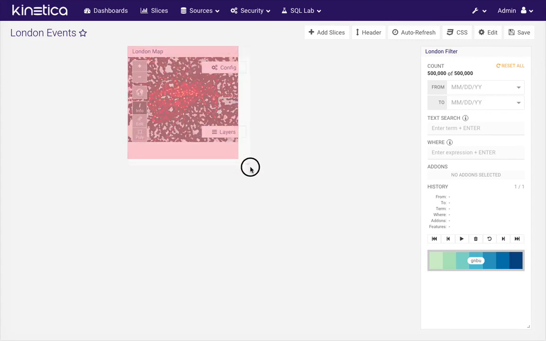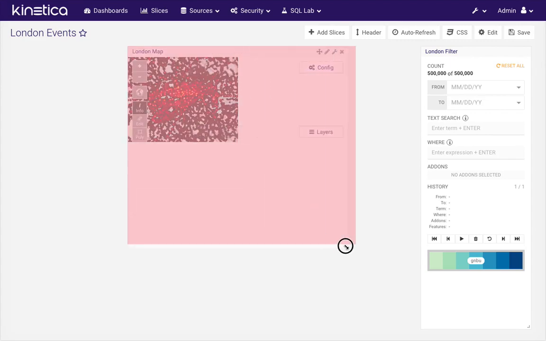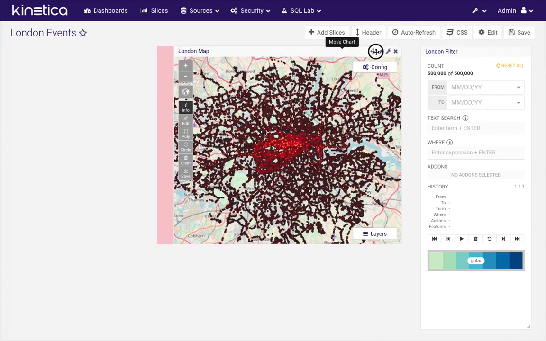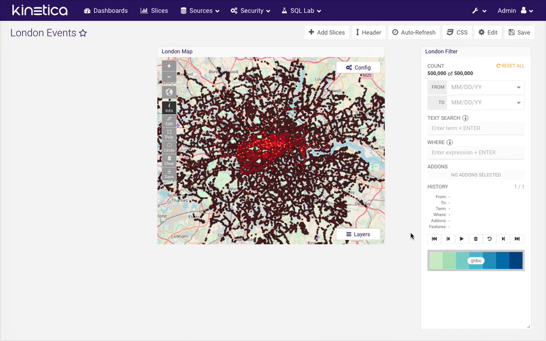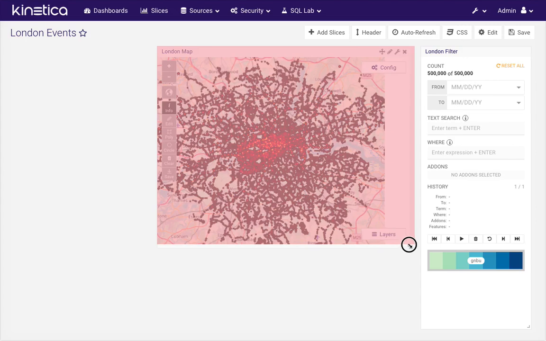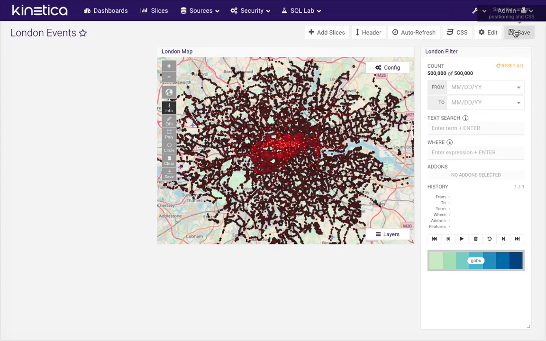Again, I'm going to resize the map and reposition it. Let's put it over here. This looks pretty good. Hit Save again. Now if you want to edit your slice after you've already positioned, you can